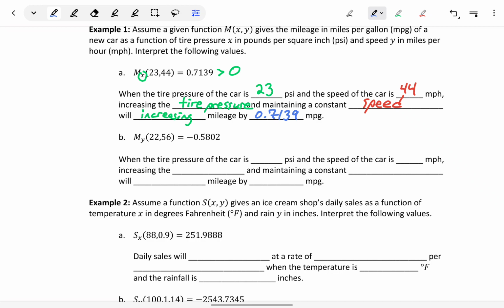In part B, if we find m sub y, the first partial derivative with respect to y, and evaluate that at 22, 56, then what we're saying is when the tire pressure of the car is 22 psi and the speed of the car is 56 miles per hour, increasing the speed, since now we're treating y as the variable that we're differentiating with respect to, so increasing the speed by 1 mile per hour and maintaining a constant tire pressure,